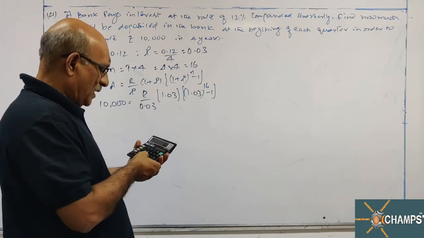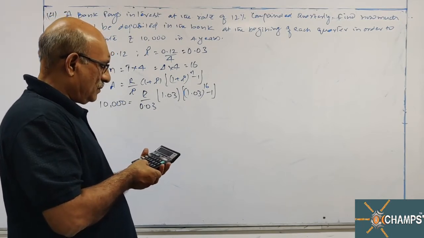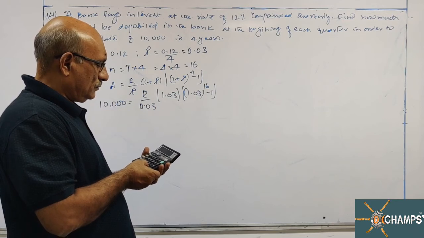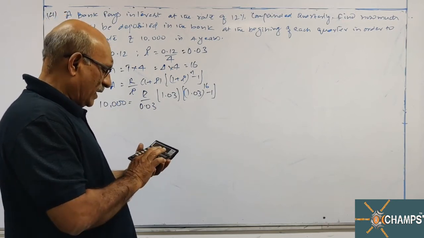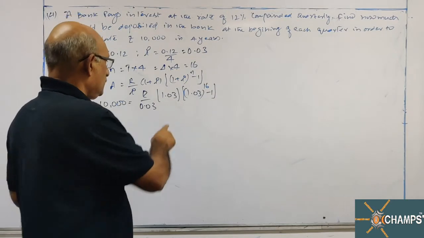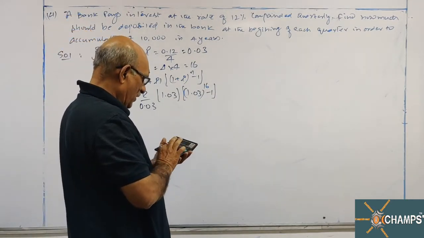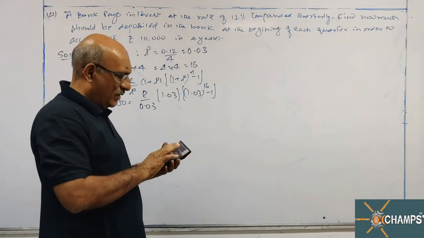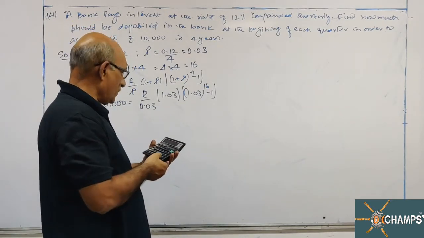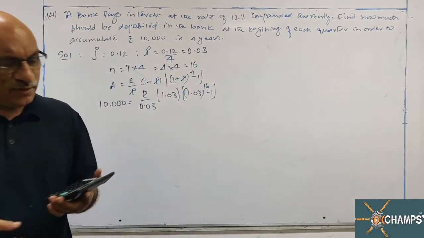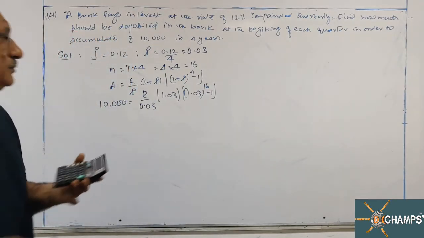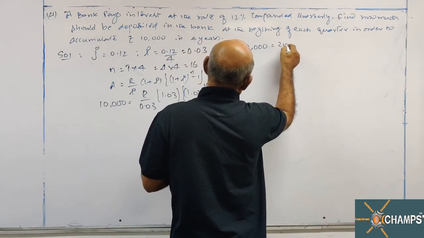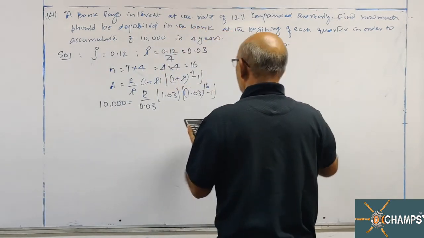1.03 to the power 16 minus 1, multiplied by 1.03, simplified and divided by 0.03, is equal to 20.7615. So 10,000 is equal to 20.76158